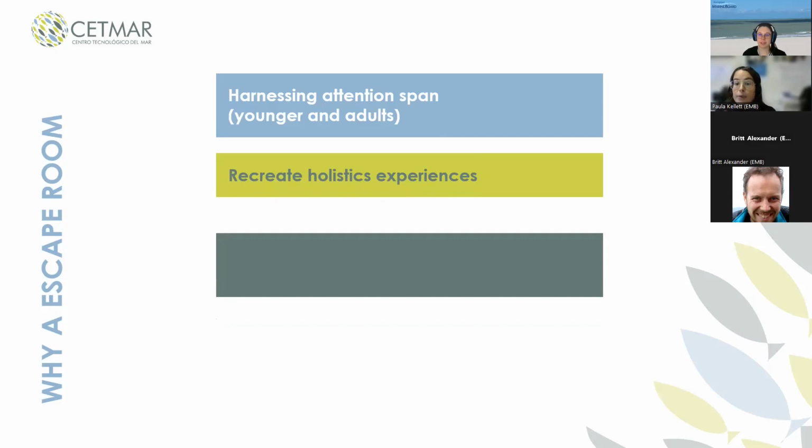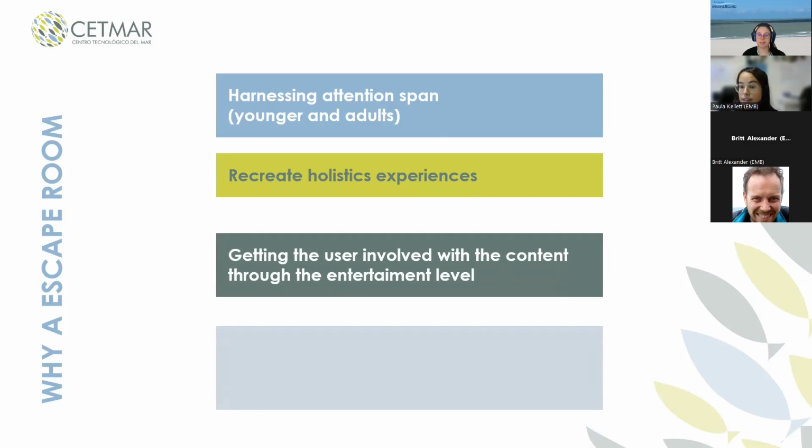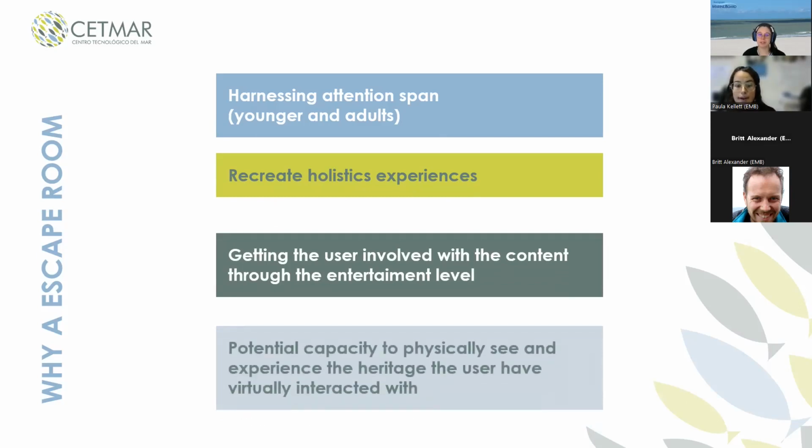At the same time, we recreate holistic experiences, and we get the user involved with the content through the entertainment level. So this also has the potential capacity to physically see and experience the heritage the user has virtually interacted with. Once you have discovered, okay, I didn't know that here in Vigo, where I am now, we have this celebration, for example, of the mussels, that could be a good way to bring people to the physical place